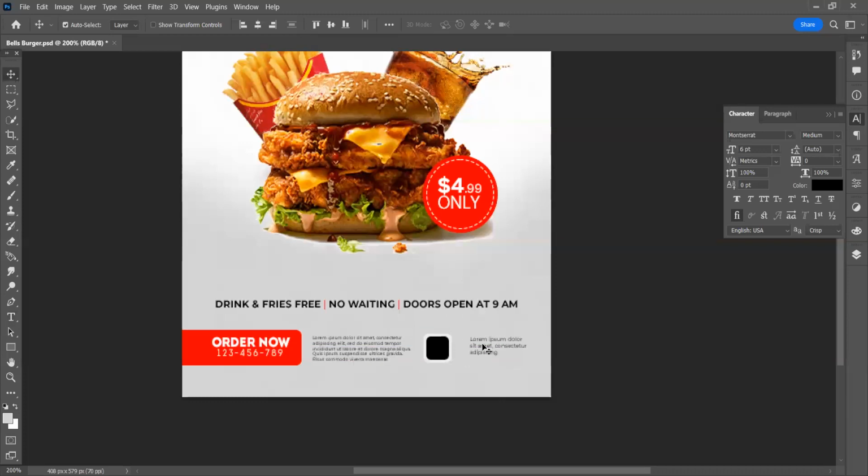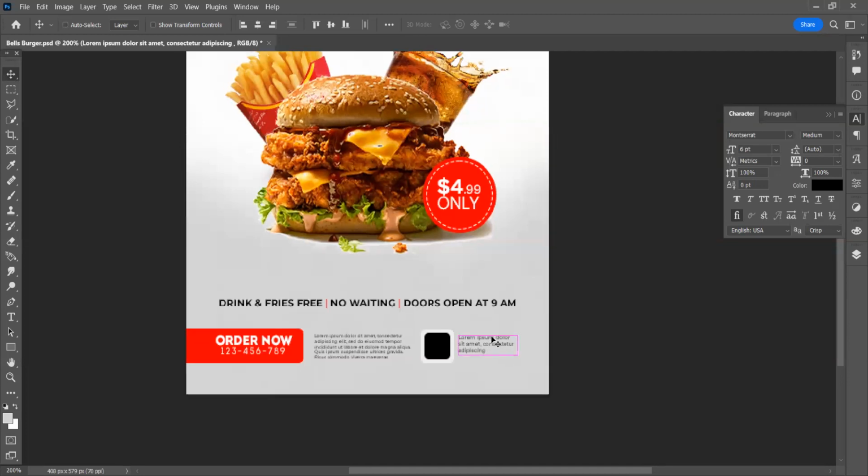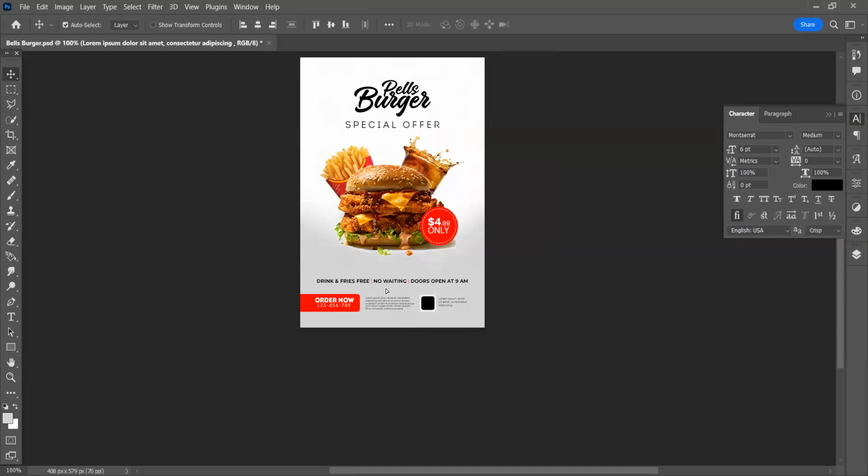If I'm going to do this, I will ensure that the space between each of these elements, the space between this rectangle and this text here, and between this white rectangle square and this text here, are the same. I will try to make sure that I achieve the same space between them, so it makes your design look stronger. You get it now. So let's move this one down a bit.